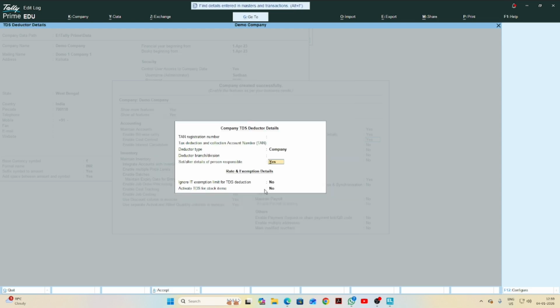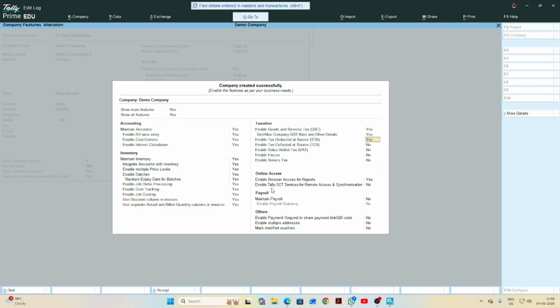placed here. And now rate exemption details. If there is a TDS exemption applicable, then yes, otherwise no. Activate TDS in your stock. If it is yes, then you say yes, otherwise no. In such a way, you may configure this TDS portion. After escaping this, you may